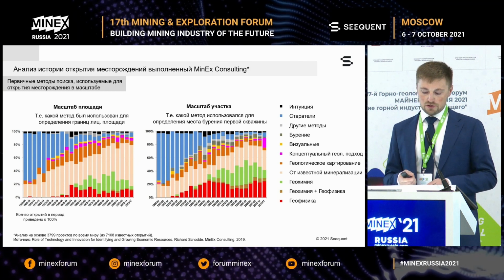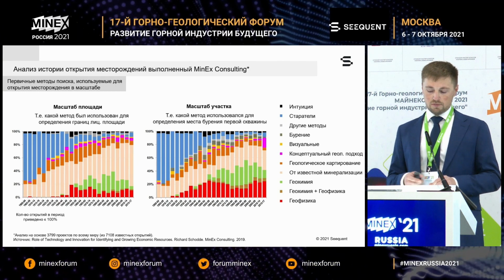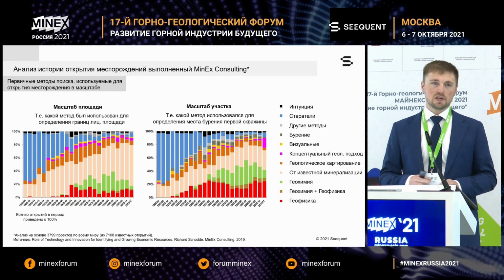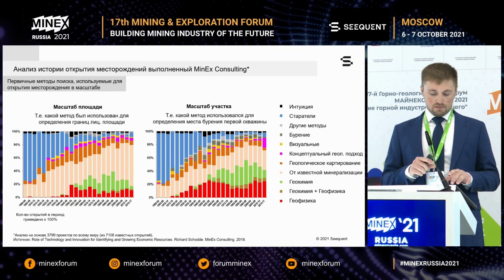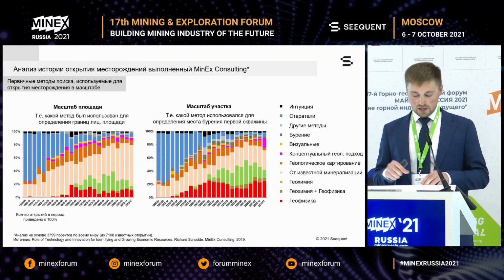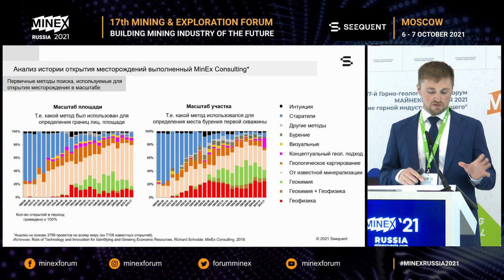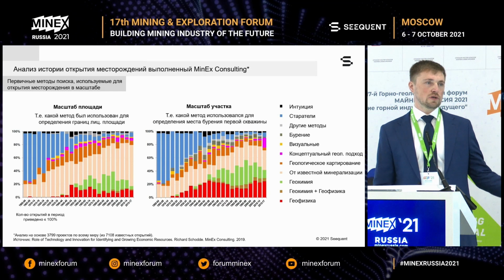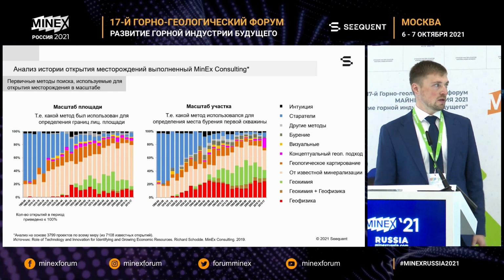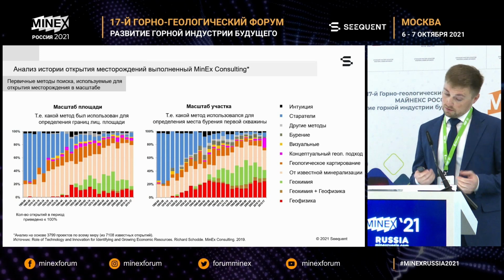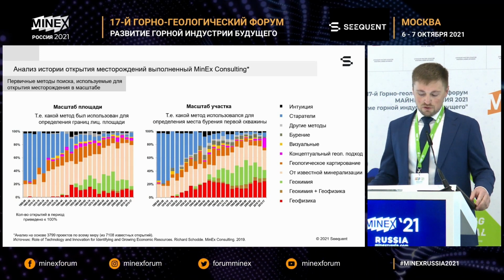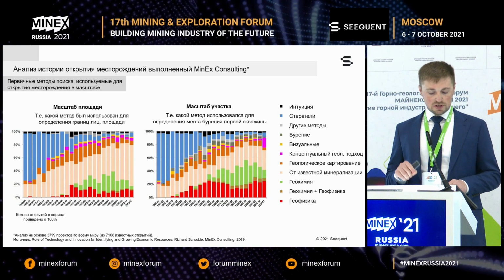So the license areas are on the left hand, and on the right hand you find the methods that we use to identify points for drilling. And you see there's a certain similarity between the two. However, going from ore to ore is a key method. Probably it's colored in beige.